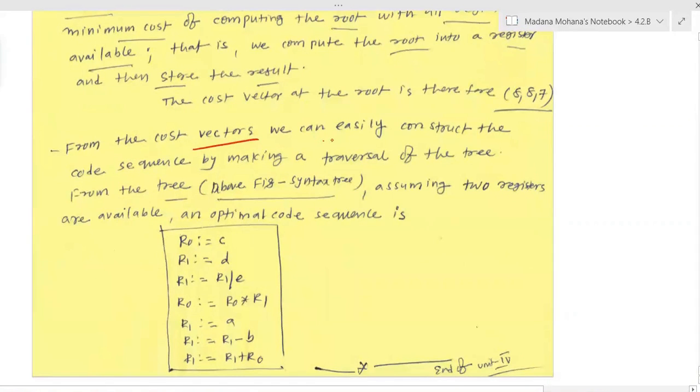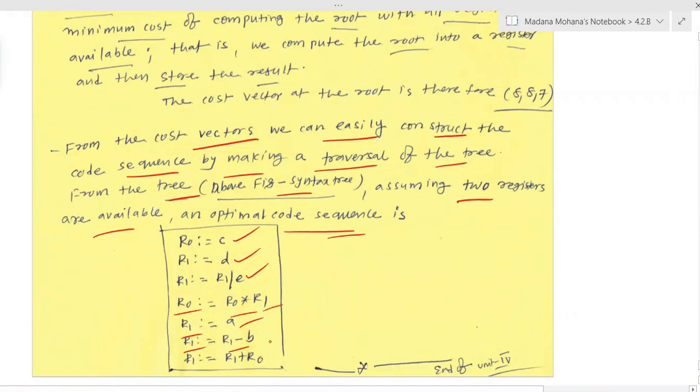From the cost vectors, we can easily construct the code sequences by making a traversal of the tree, that is the phase of the dynamic programming algorithm. From the syntax tree above, assuming 2 registers are available, the optimal code sequence is just what I explained: R0 equal to C, R1 equal to D, R1 equal to R1 by E, R0 equal to R0 into R1, R1 equal to A, R1 equal to R1 minus B, R1 equal to R1 plus R0. Only 2 registers are used.